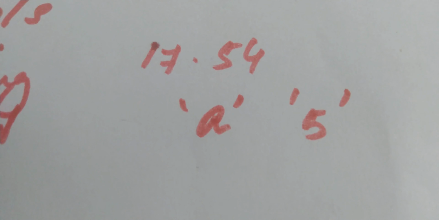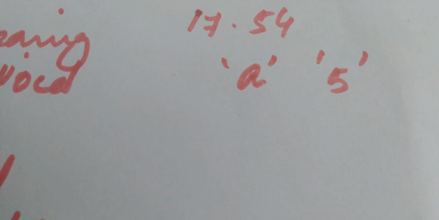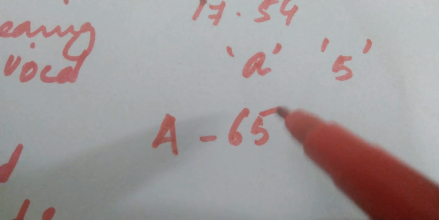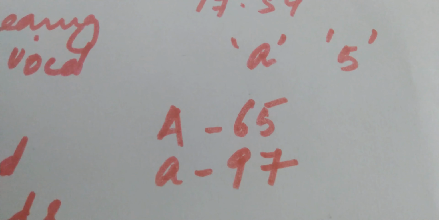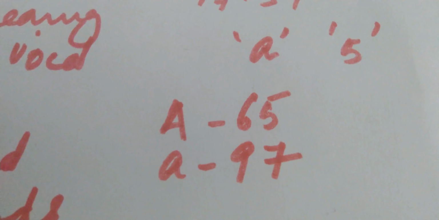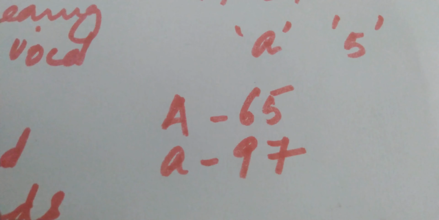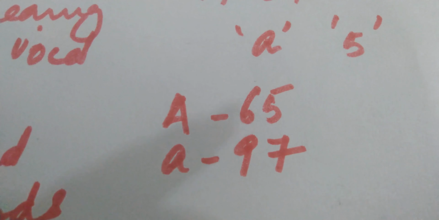Okay. And the peculiarity of a character constant is that each single character constant has an equivalent integer value, or an ASCII value. For example, the ASCII value of capital A is 65, the ASCII value of small a is 97. Like that, any character on the keyboard has a corresponding ASCII value. What is the peculiarity of this ASCII value? As the single character constant is holding an ASCII value, we can print both the numeric value or the character value of the data.